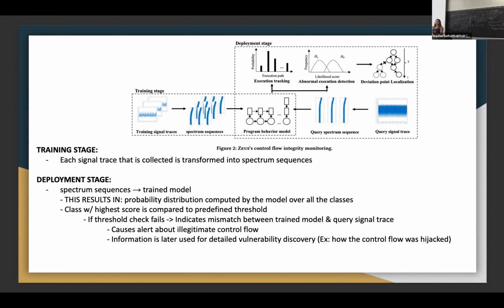And then to actually see which data could be malicious and not part of the actual program, they take the classes from this probability distribution and see the highest score, and that's the threshold. From there, they have the threshold checks, and that's how they're able to see what the malicious data is. Because if the threshold check fails, then we see there's a mismatch in data, which then Zeus responds to by creating a much more intense report. For instance, they create detailed reports about how the vulnerability was created,